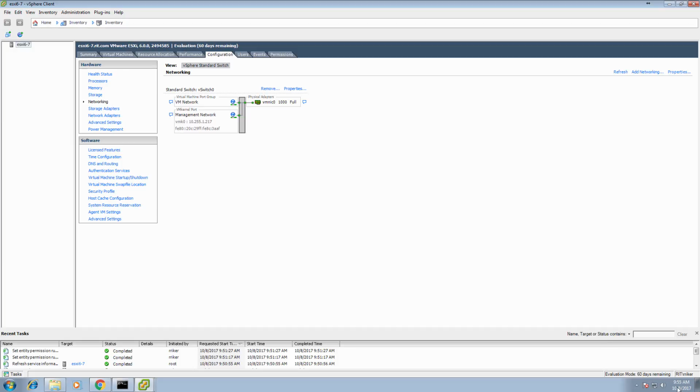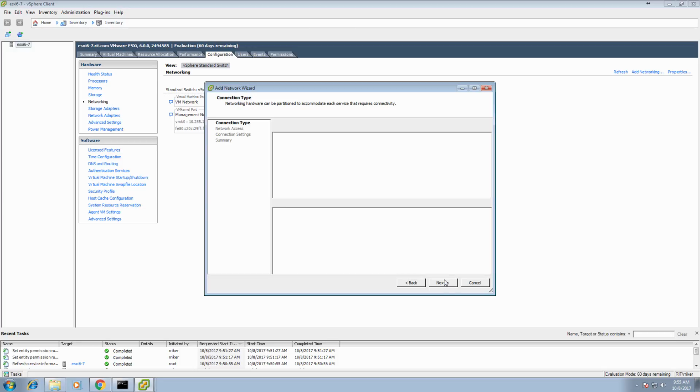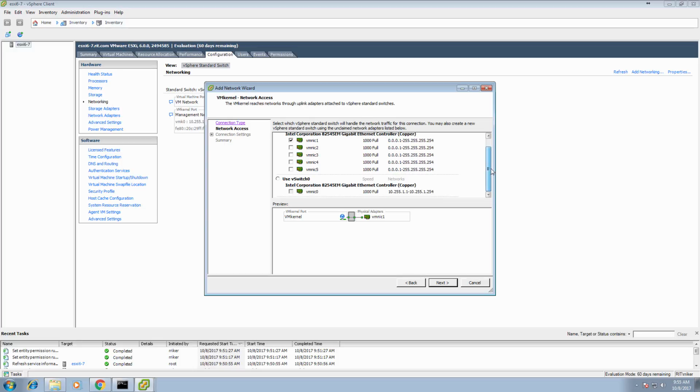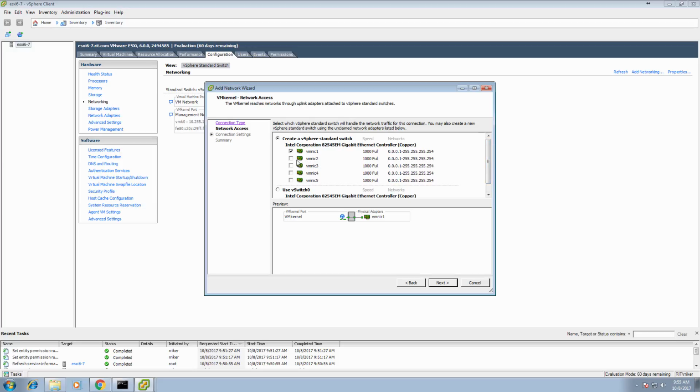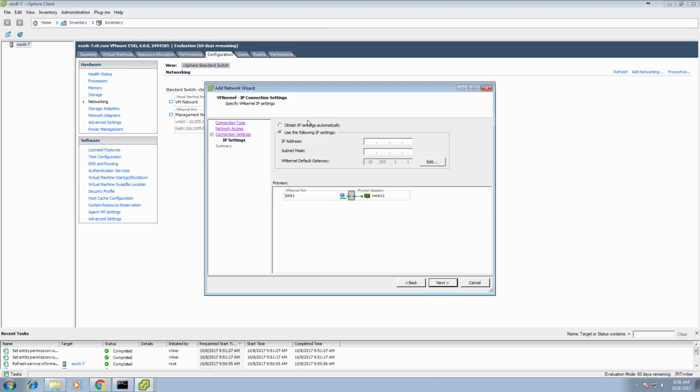you see here, I am still connected via RIT/RRiker, which is exactly what you'd want to see. Next thing I'm going to do is say add networking, and I can specify a virtual machine or a VM kernel, and then I have to specify a vSwitch. In this particular case, I'm going to specify that VMNIC1 is going to be storage. So I'm going to click next, and this one is going to be SAN1, and then I'm going to say next, and then the IP addressing of this one,